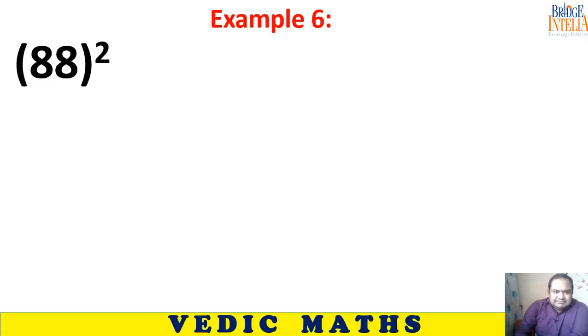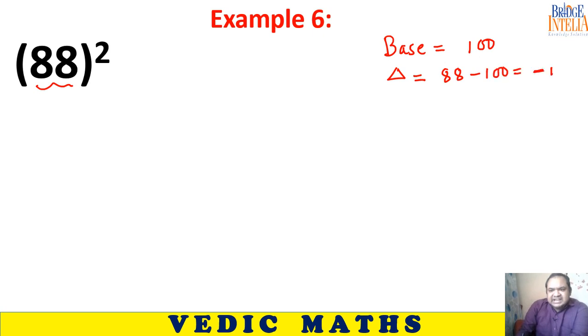Now let's see this one. The given number is 88. So 88 is very close to 100, therefore the base is 100. Deviation from the given number, that is from 88, subtract 100. So deviation is negative this time, -12. Deviation square: -12 whole square is 144. If you find the square of any negative number, the answer will be positive only. So 144. So what will be the shortcut?